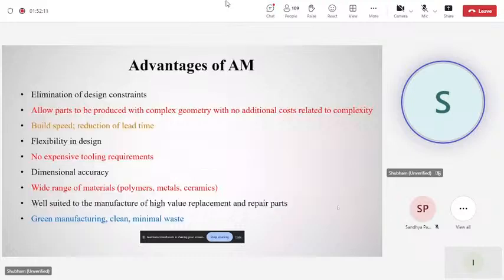So these are some advantages of AM. It allows the creation of parts with complex geometry without incurring additional cost related to the complexity. It provides the designer with the freedom to create any kind of integrated shapes and customized parts that we can easily make. And it eliminates the cost of molds and dies and reduces the investment and setup